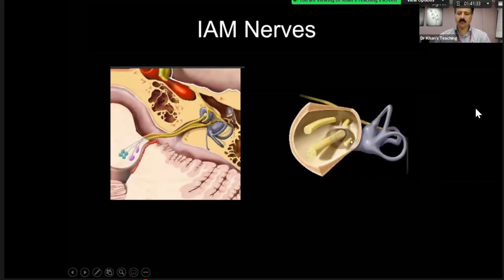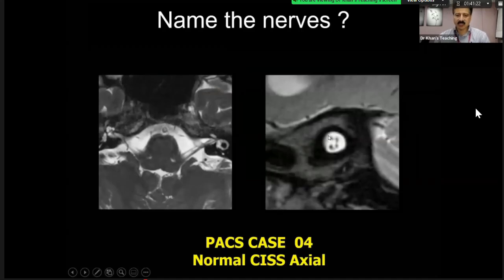So now what we have concluded here, we have got 4 nerves: 7th nerve, 8th cochlear nerve, superior vestibular, inferior vestibular. We also have the formula of 7 up, coke down. So 7 up, coke down, superior and inferior. And in this case, look at this sequence. One of my registrars got it in the exam. The examiner actually opened this first. This is a sagittal oblique CIS sequence through the IAM. And this is the sequence which was opened in the exam.